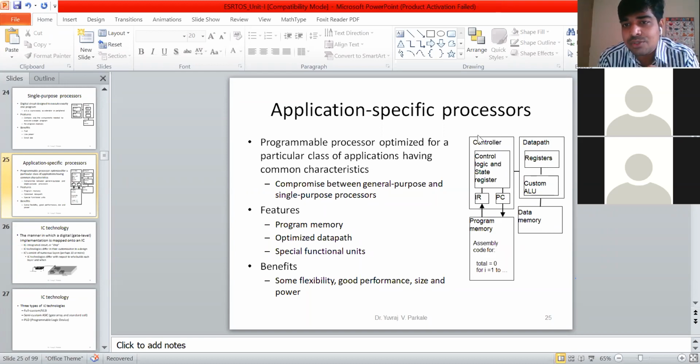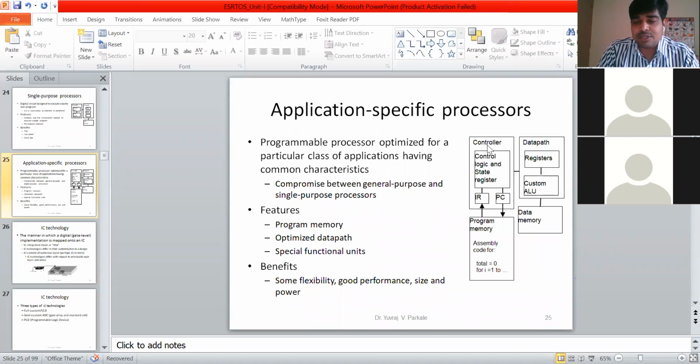If I use a microcontroller, all the functions or operations related to a microcontroller can be performed by this application specific processor. But if I use a DSP processor rather than a microcontroller, I am able to perform only the tasks related to signal processing.